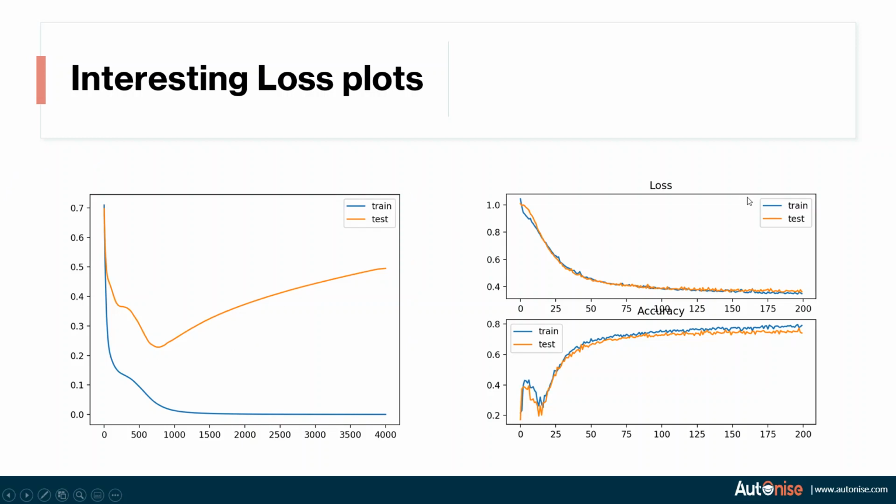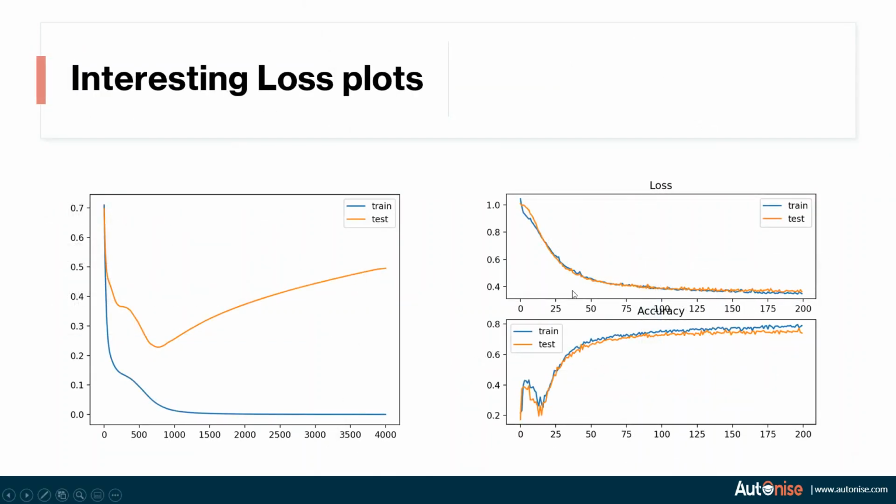Next, let's have a look at the second graph. I'll explain first, then I'll ask the question, and you have to think of why it is happening so. In the top graph, the training and the testing loss have been plotted as a function of the number of gradient iterations. So the loss starts at around 1 and keeps on uniformly decreasing to 0.4. The train and the test loss functions decrease at the same rate. Hence, there is no overfitting.